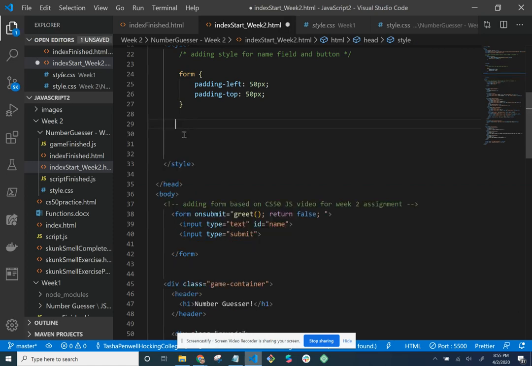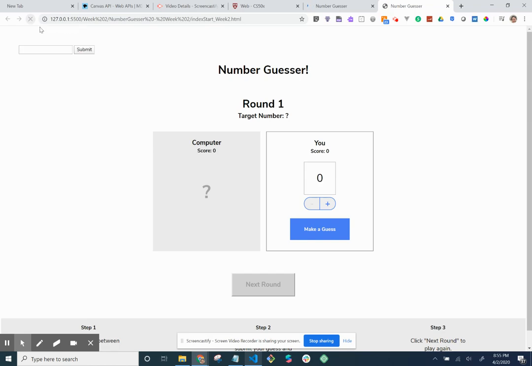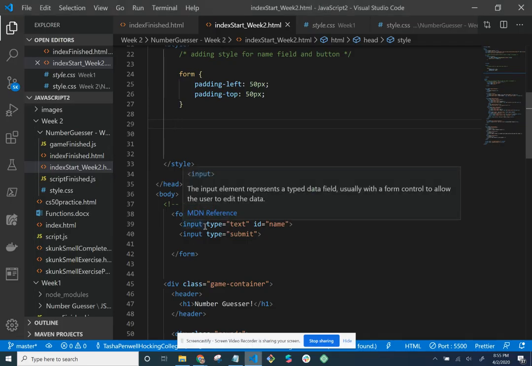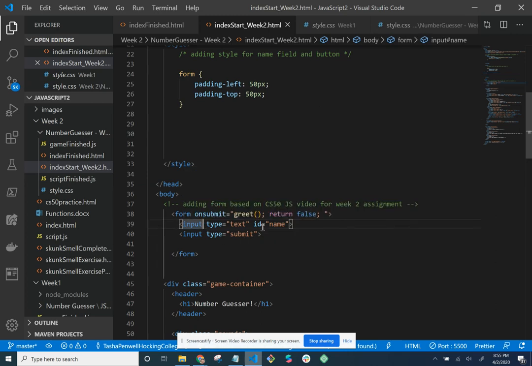So save this, and let's see if it goes back to normal, and it does. So let's add some class to it. I could add an ID, but I'm afraid it might muck things up here because this ID is already being used. Class I can use multiple times, but I only want to use it once. It's fine either way. I'm going to do class equals, I want to do text